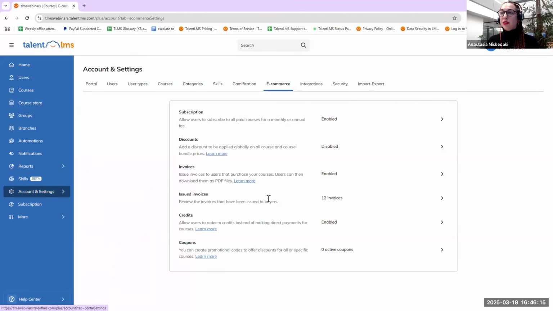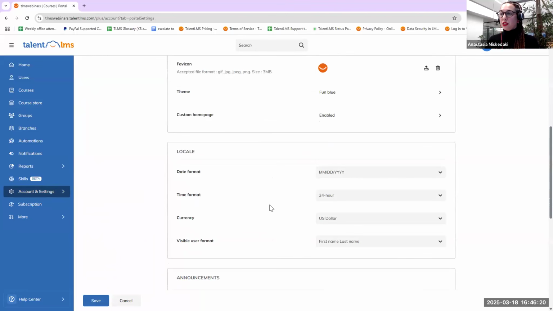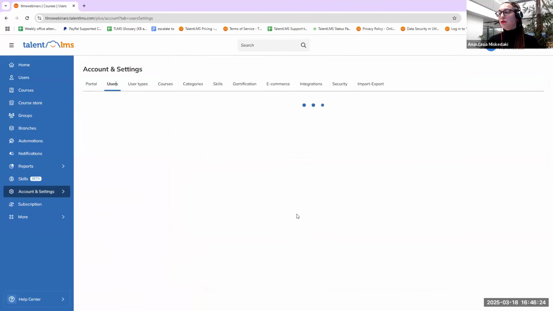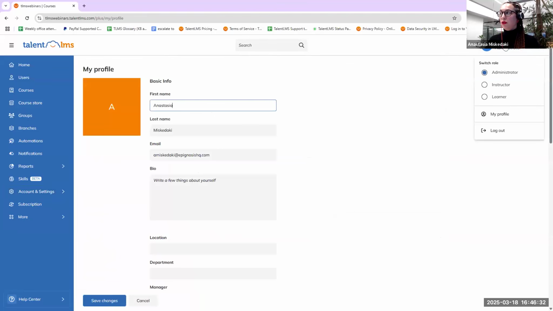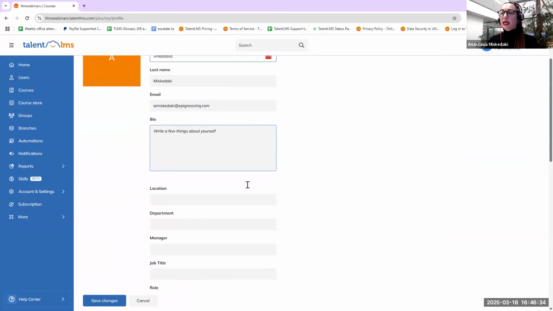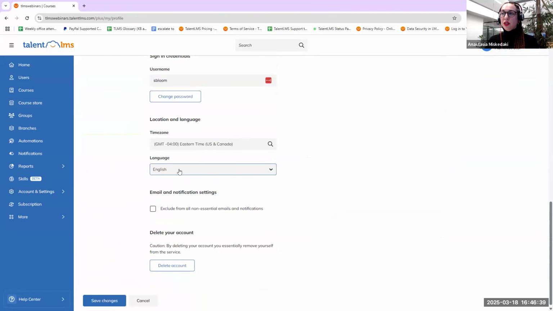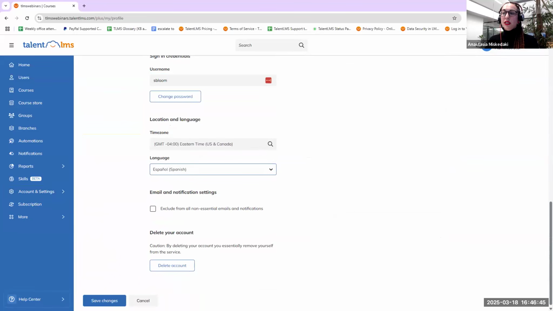From the account and settings and users, you can set up the default language of your portal, and now we have it in English. However, each one of the users can go to my profile, hover over their name, go to my profile, and find the language here, so they can select their preferred language, find the Spanish option, and